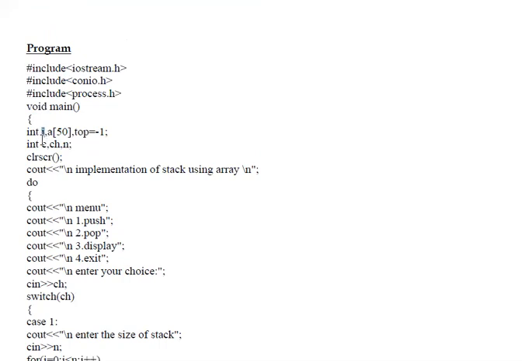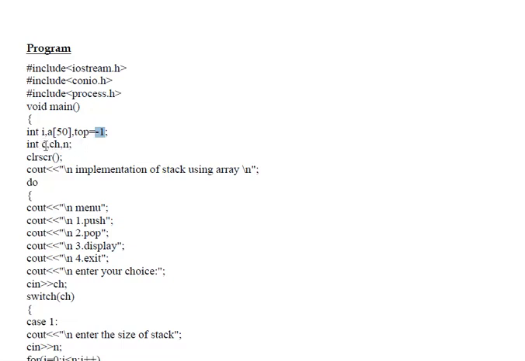So use the i variable, and a is for assigning values into the array, and top equal to -1. -1 is the initial value we have to initialize at the top of the stack.